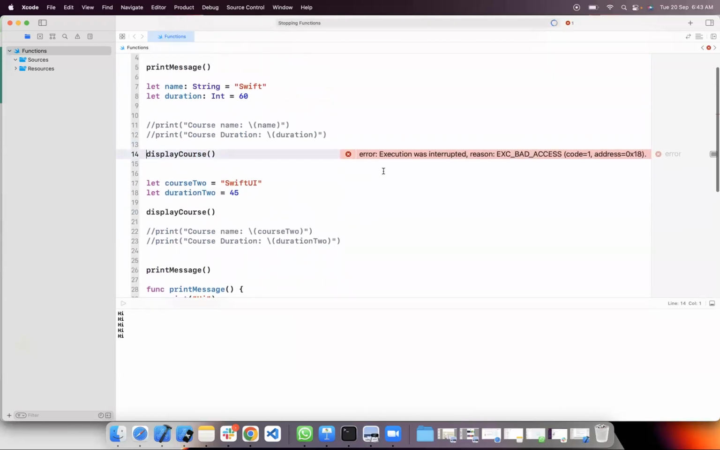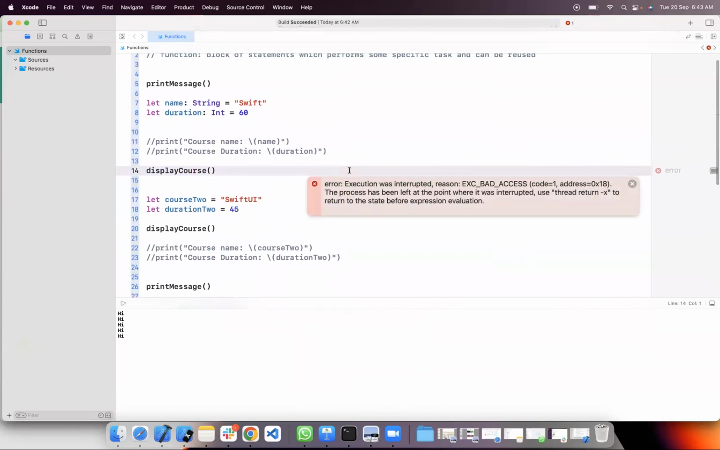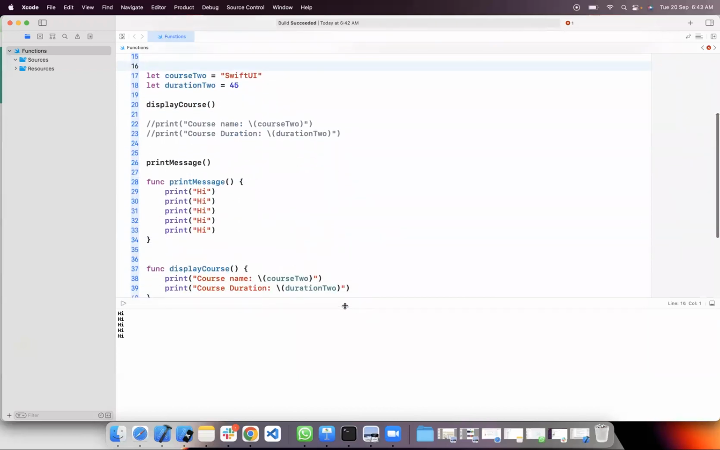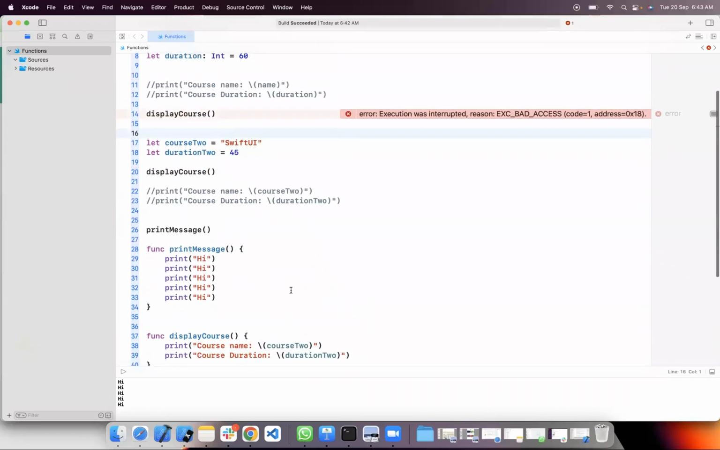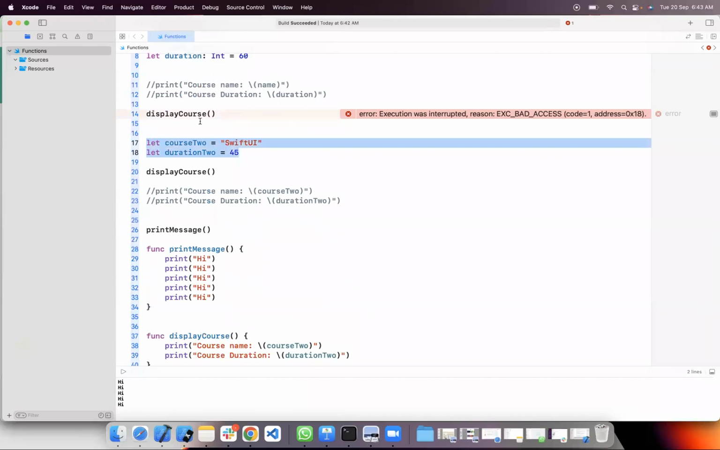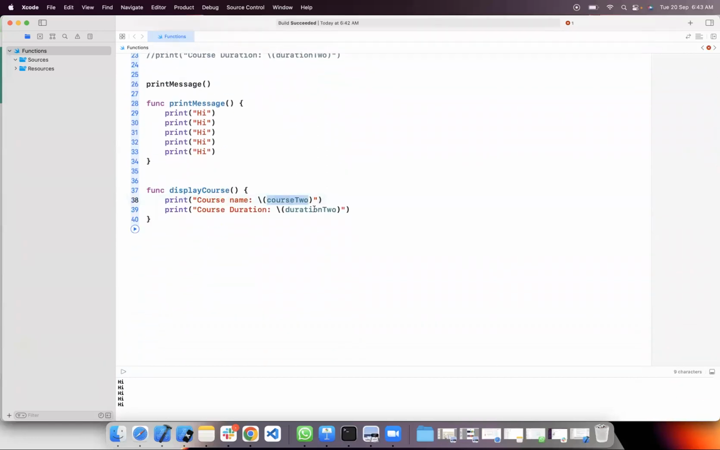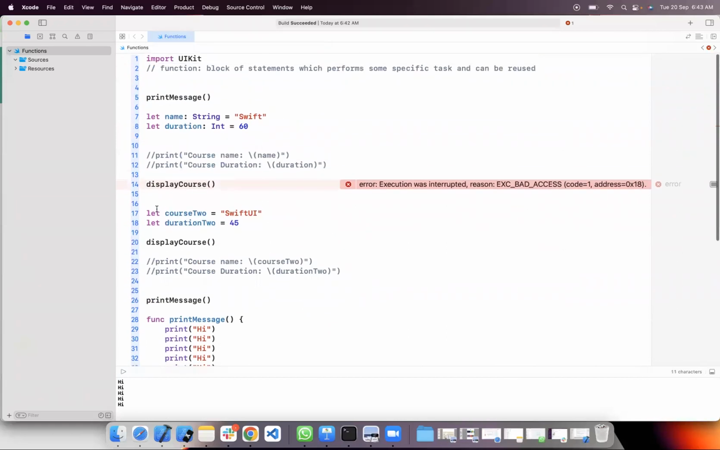Okay, here display course is blocked. Unable to access display course, because it is internally using course 2 duration 2. But before declaring course 2 information, we are trying to display the course 2 information, because here we have used course 2 variables, right? But course 2 variables are not declared by the time we are calling this method. Okay, what we can do in this case, let's say,